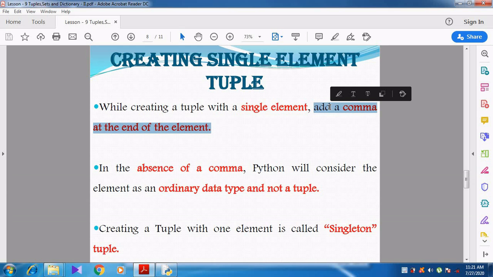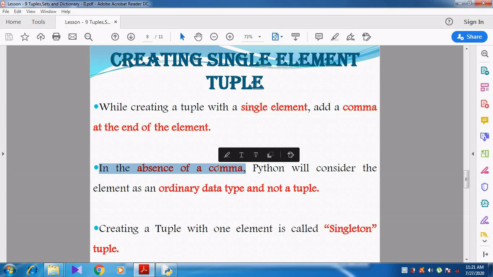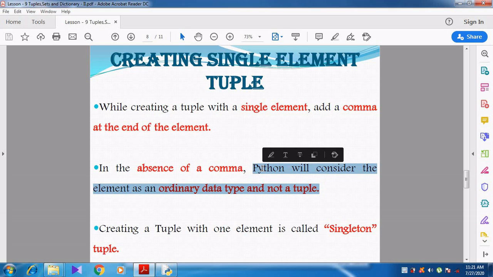So at the end of the element I should give a comma. Why should I give a comma? Here they are explaining. If you are not giving a comma, then what will happen? Python will consider the element as an ordinary data type. It is not considered as a tuple.